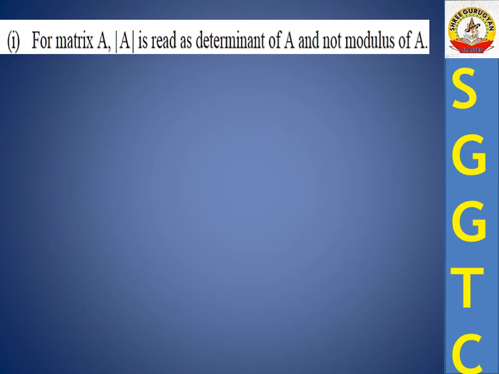In these determinants there are mainly three types. The first type is for one row, one column. You read two parallel lines as a determinant, but it's not a modulus A. You know, students, that for a modulus, a negative value inside becomes positive outside, and a positive value inside is also positive outside, but this is not a modulus, it is a determinant.